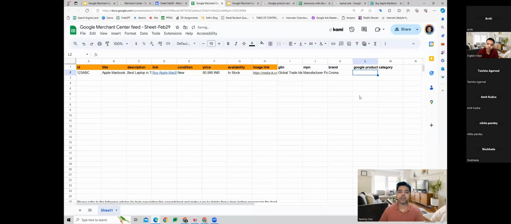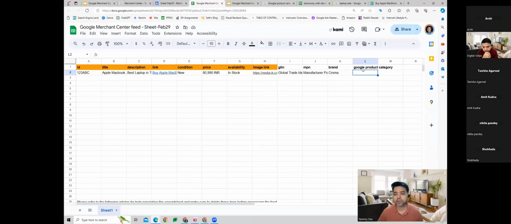The last part is going to be a Google product category. Google product category is basically Google's own database where they have listed all the products around the world which get sold, categorized into subcategories as well. For all these products, they have assigned a particular number. So we have to access that database, search for our product, and get the number assigned to it, which we can mention here. Let's have a look at this database first, and then we'll talk about why this is needed.